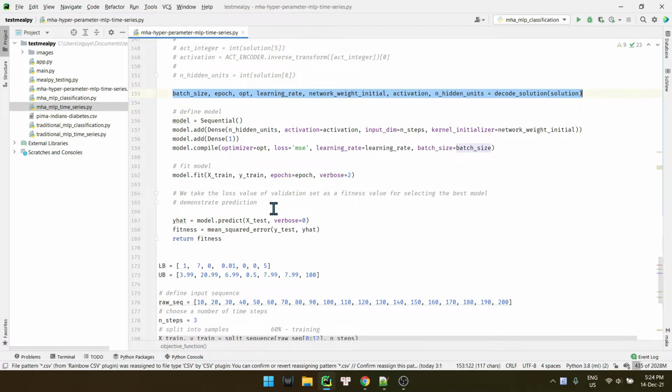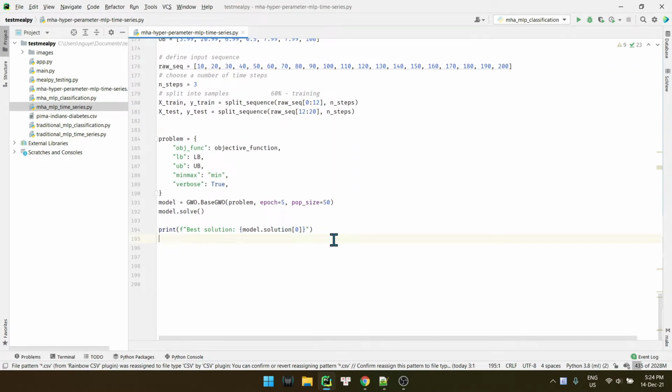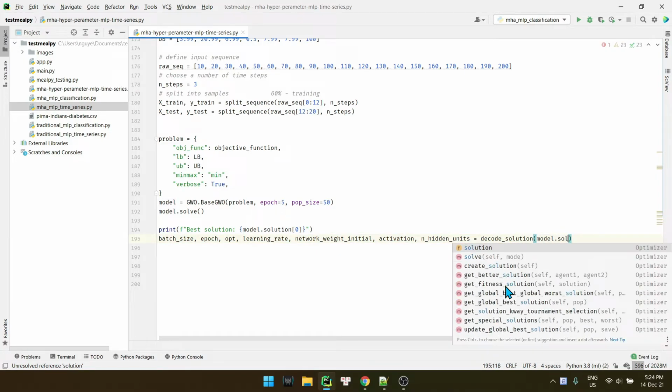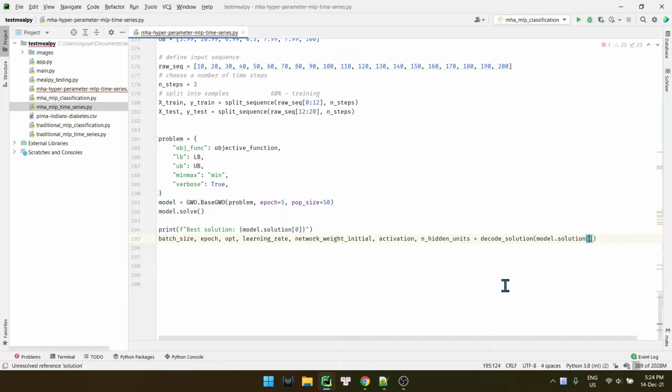And now you can go one more time, right down here. The solution should be model.solution dot 10.